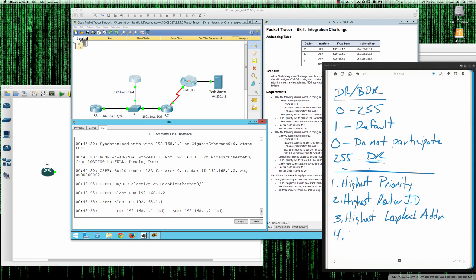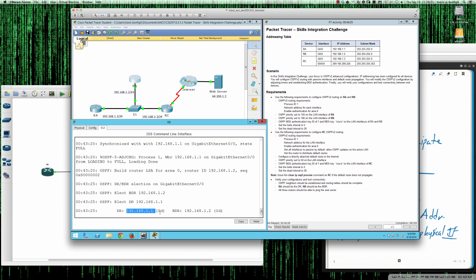And then the fourth thing is just simply the highest IP on a physical interface. So on a physical interface. And let's put physical IF for interface. Okay. And so as we would expect, right, the